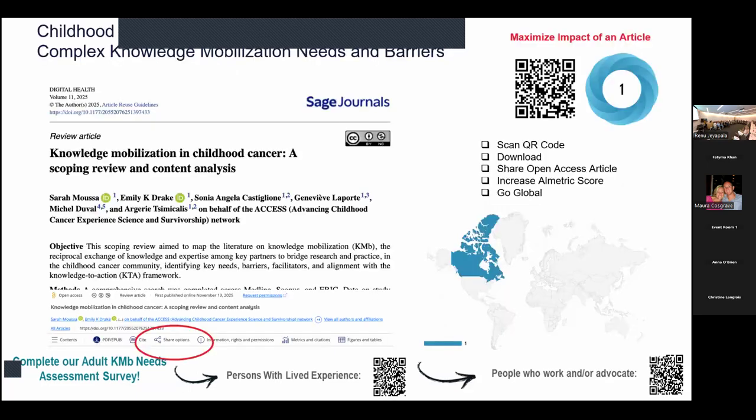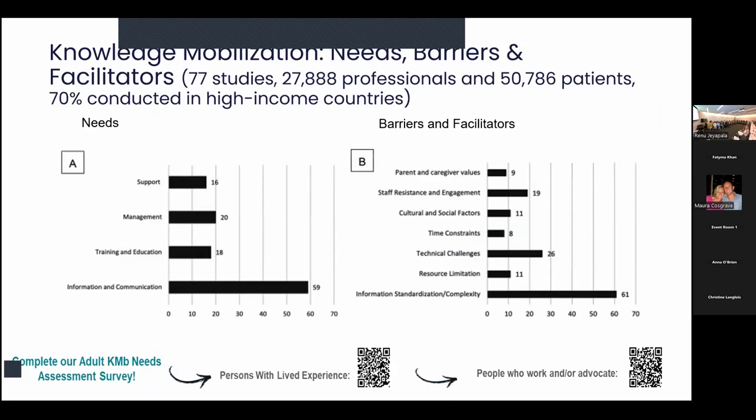Our first publication out, which was the scoping review, really maps out that our knowledge mobilization needs are complex. We face many different barriers. And on the right is just an example. Once you get that open access publication published, start scanning the QR code like myself, download it, start sharing it so you can really manipulate that altmetric score and really go global with your body of work. Our needs